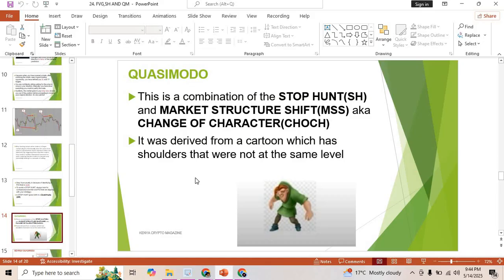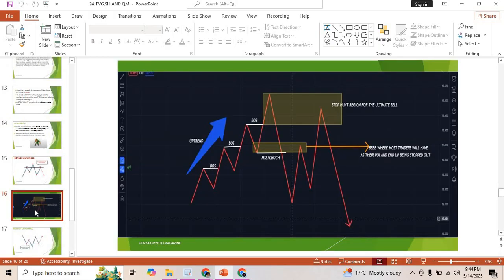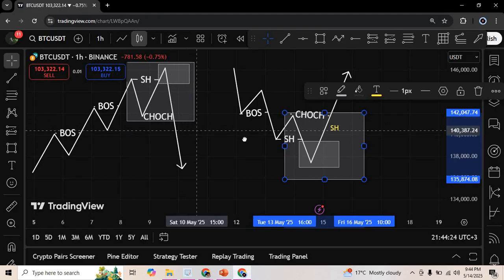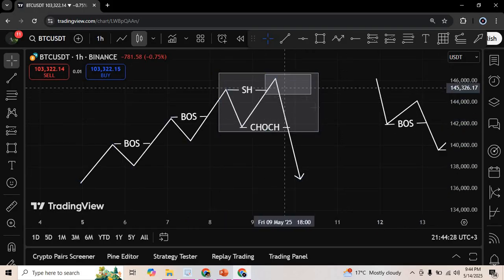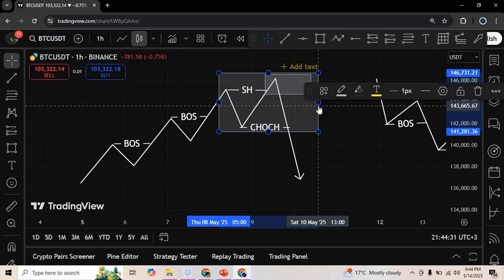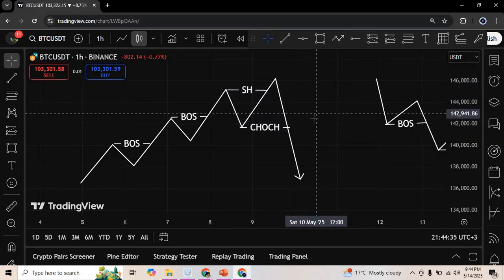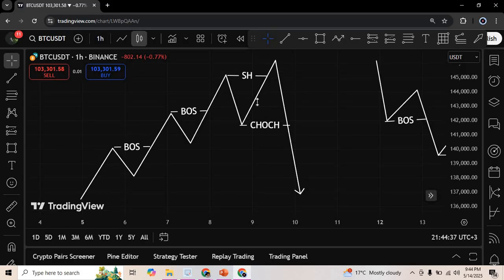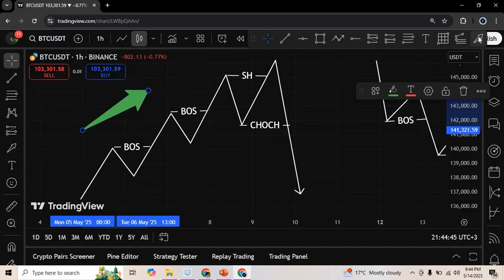Don't worry, you're going to go to the chat and we'll be able to identify those. So I want to explain this. Let's start with our uptrend right here. There are two ways of trading a Quasimodo pattern, and we'll start with the most simple that we've done already. Remember, you're having a change of character, so the market has changed its direction from being an uptrend to being a downtrend.